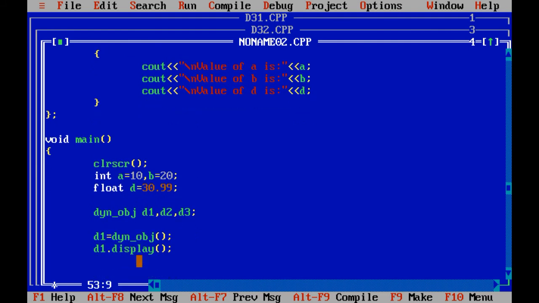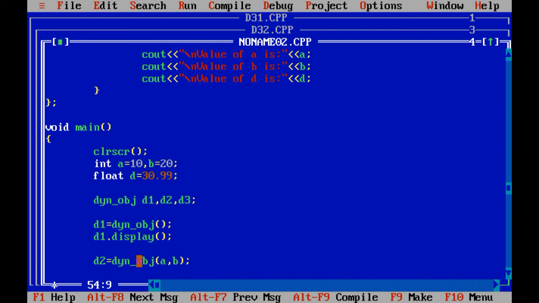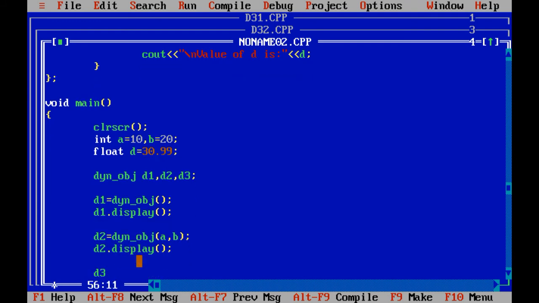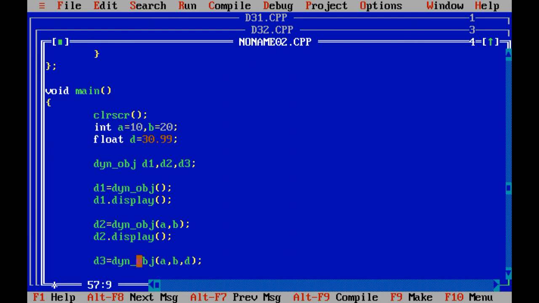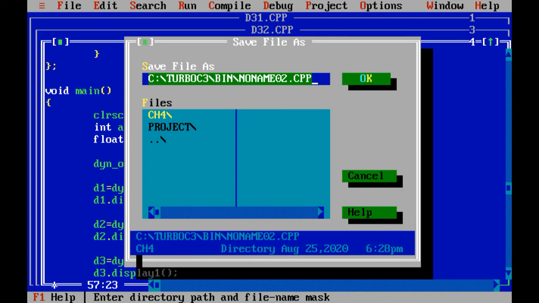Don't worry, I am going to explain the program. d2 equals dynamic_object, in that I am going to pass the value of a and b. d2.display, and d3 equals dynamic_object a, b and d. d3.display1.